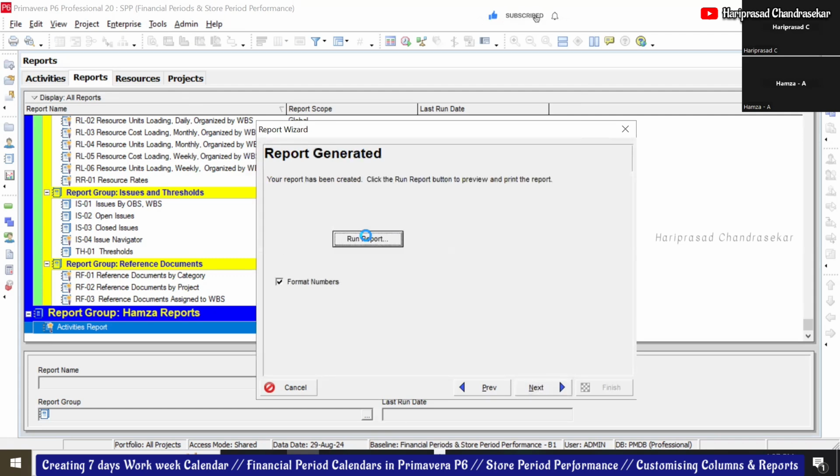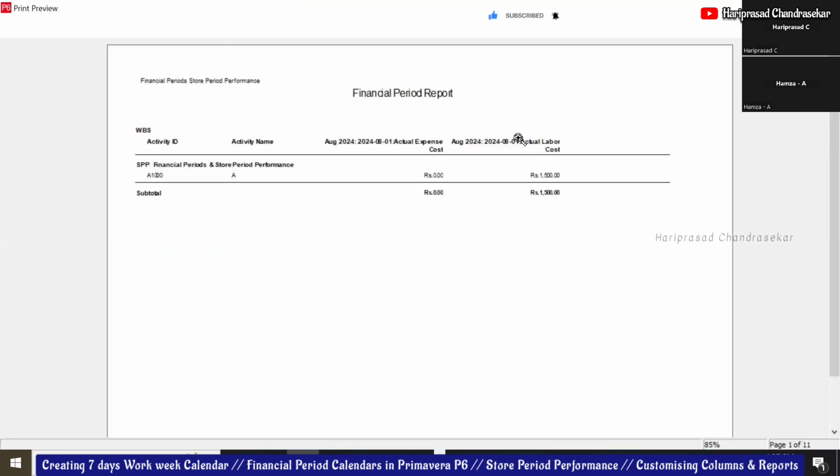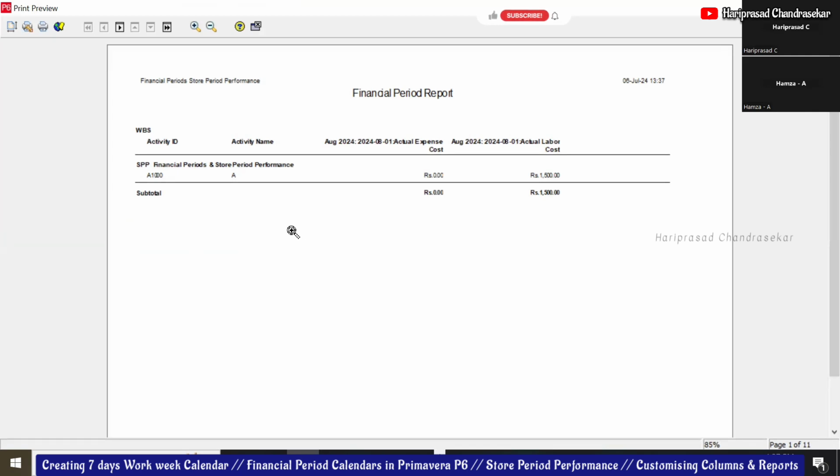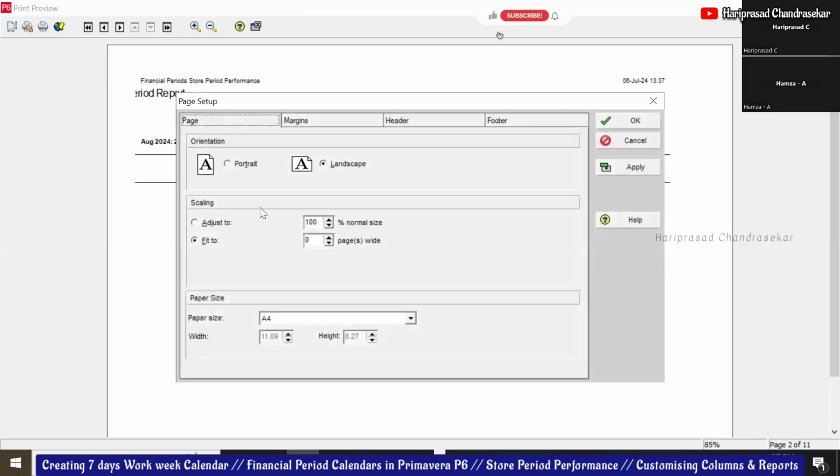The run report you can see, but we have many columns now. It might not come correctly. See only 1 of 11. I see. So the next you can see, it is getting split, and you can do some changes here like page setup and all. Page setup like portrait. If you're putting page to one wide, okay, then click OK.